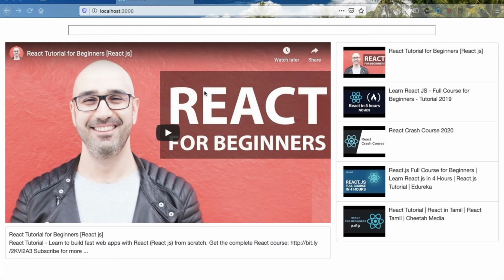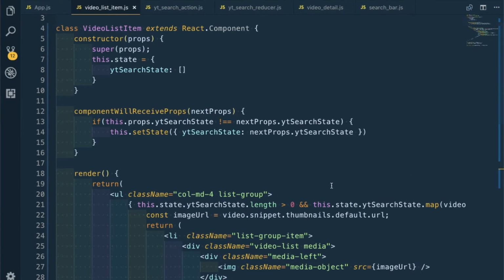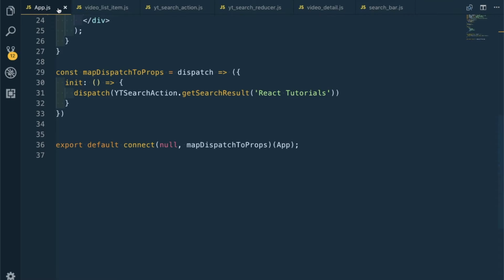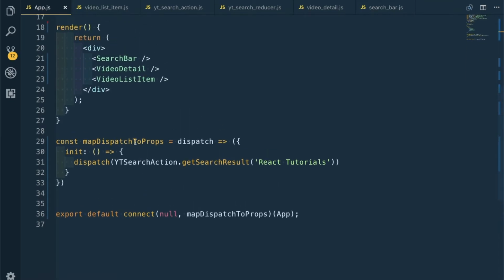Part 3 of the YouTube player with Redux series. So we are left with only one thing to do, that is clicking on this should change the video. So let's get started. For that we will follow the same process which we have in app.js, that is map